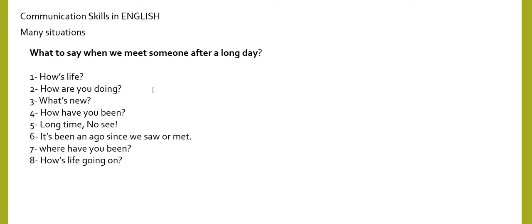How's life? The best reply is: my life is okay, fantastic, well, everything is normal as usual. How are you doing? I'm doing excellent in my job. I'm doing good in my profession. I'm happy with my current situation. What's new? Yes, I've got a new job. I have been to new places, and I got a new opportunity. Everything is normal. Everything is new. Nothing new, right? In that way, you can reply. How have you been? I have been well. I have been great. I have been fantastic. I have been awesome, right?